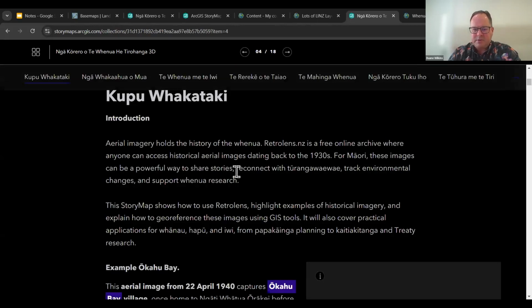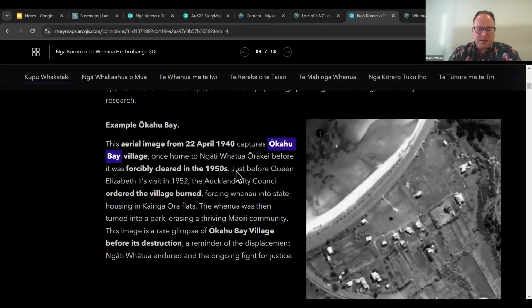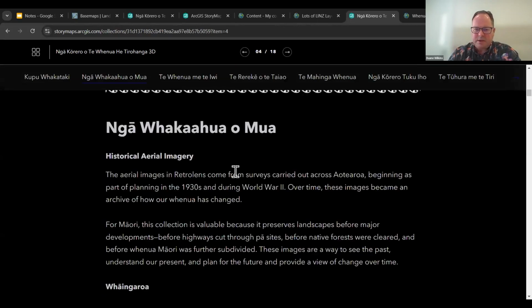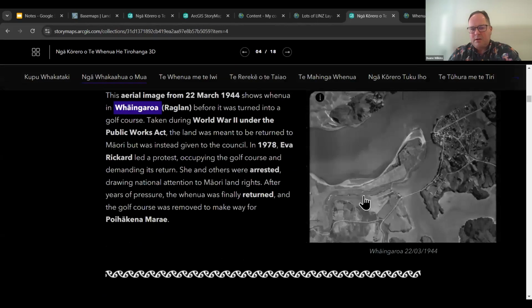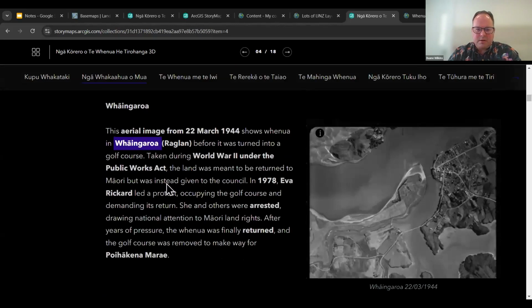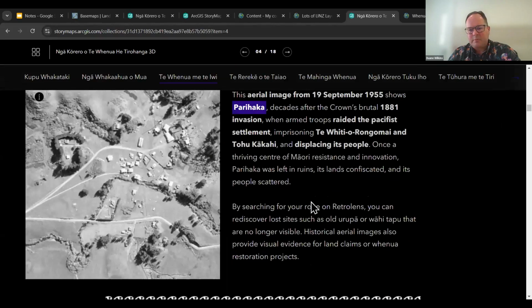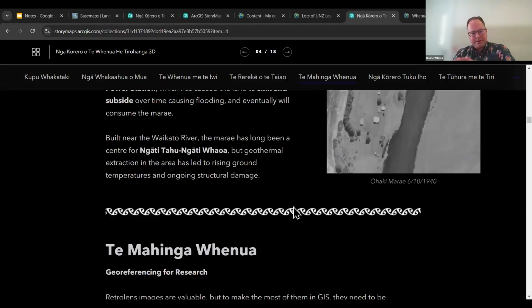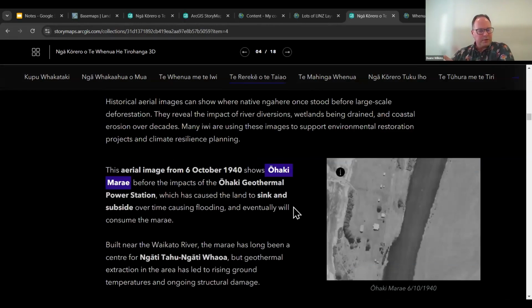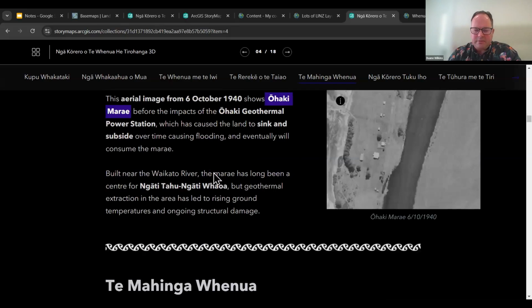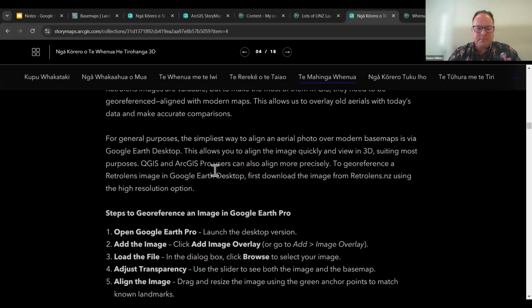So Kohu Bay Village, just before it was cleared in the 50s, before Queen came over, Whaingaroa, Parihaka, and other places. So there's quite an overlap between the RetroLens site and what you saw in the pre-1990s layer from Toitū Te Whenua as well.